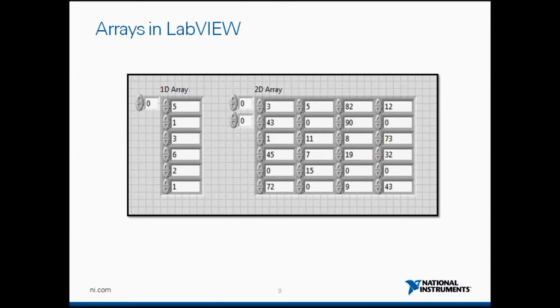So now let's learn about how to extract these data points out of arrays. Let's have a look at the first array, the 1D array. Here I have an array of 6 elements starting from 5 to 1. And this little space that you see here is for the index of the array. Right now it is at 0, and whatever number is here, that particular element is represented on top of the array. So if I increment this to say 3, then I will see index 0, 1, 2, 3. So I will see element 6 right here on top of my array.